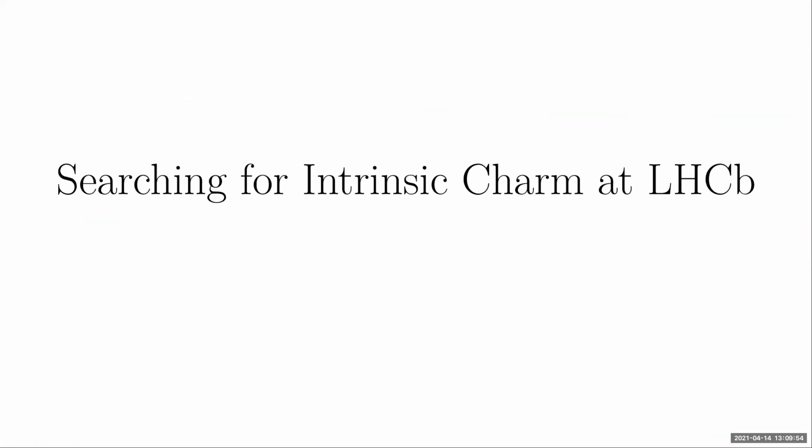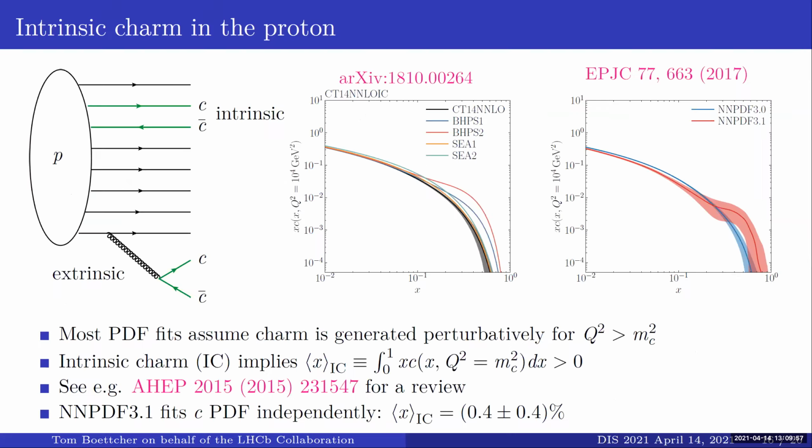So now I want to talk about how we use this machinery to look for intrinsic charm. Most PDF fits assume that charm is generated perturbatively at a scale starting at the charm mass, and this is what we would call extrinsic charm. This is via just the DGLAP evolution: a gluon is radiated and splits into a c c-bar pair that's short-lived. But there's also the possibility that there's a long-lived intrinsic charm component to the proton's wave function. This would imply at a scale of the charm mass that some fraction of the proton's momentum is carried by charm quarks,